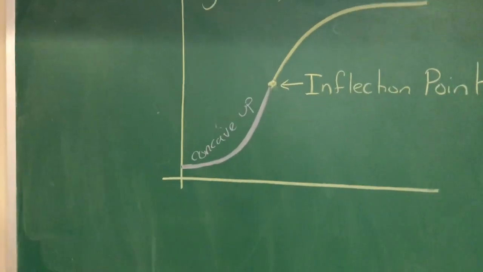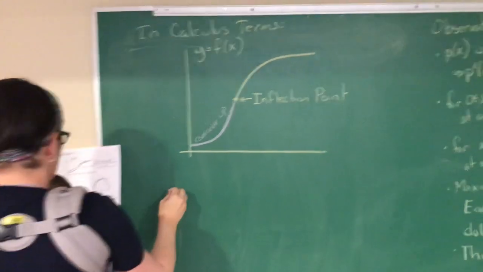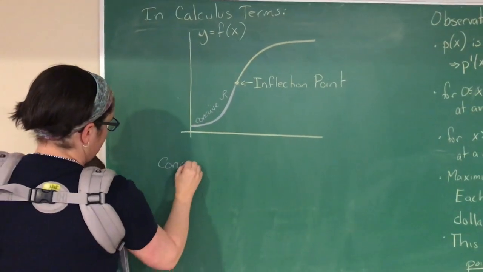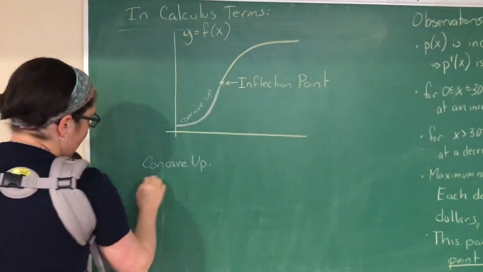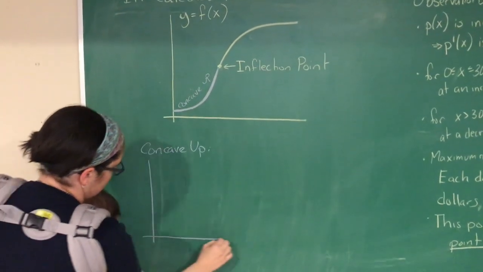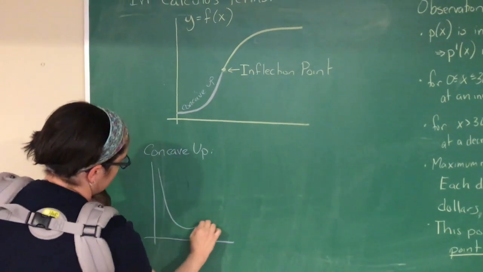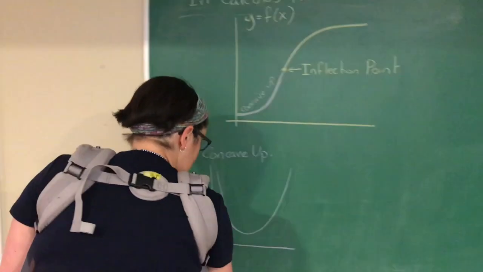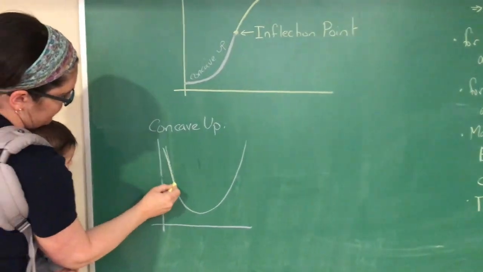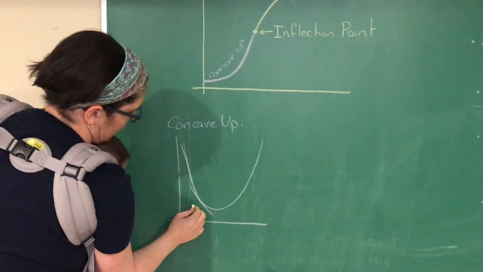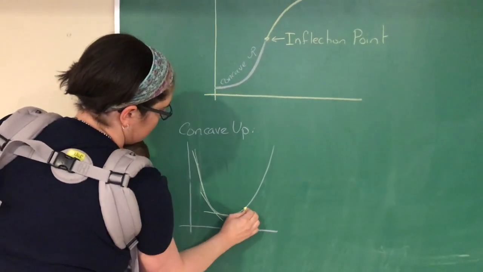So when I think about a graph that is concave up, I think about any kind of shape that looks like a U shape. And if I were to draw some tangent lines on this U-shaped graph, look at how